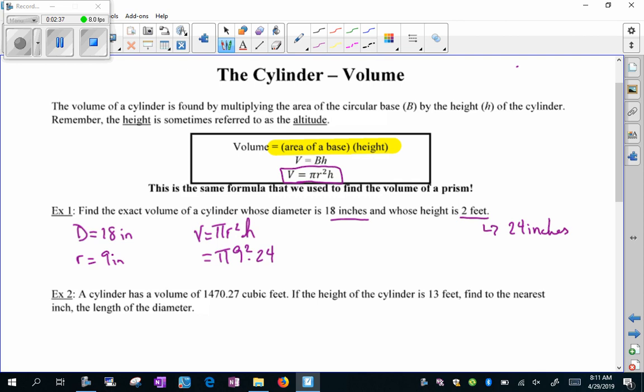Since they didn't tell me how to leave this answer, I can leave this in terms of pi, or I can go ahead and finish up. So I'm going to go ahead and finish up this one. So it's going to be 81 pi times 24. When I put that all in my calculator, let's see, I get 1944 pi, or I get 6107.25